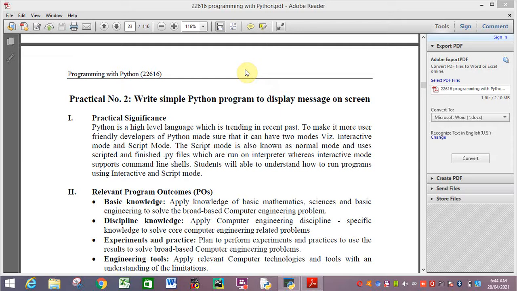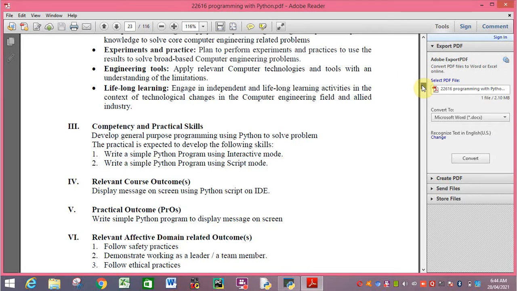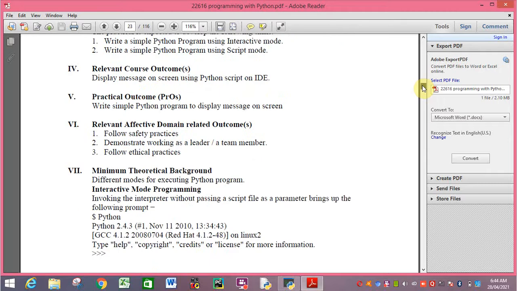Today we are going to see practical number 2, which is to write a simple Python program to display a message on screen. In this practical we are going to see how to display a message on the screen with the help of Python IDE.